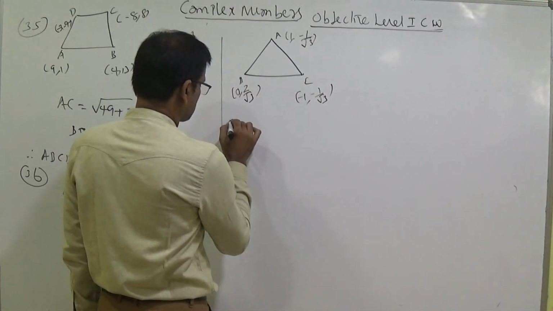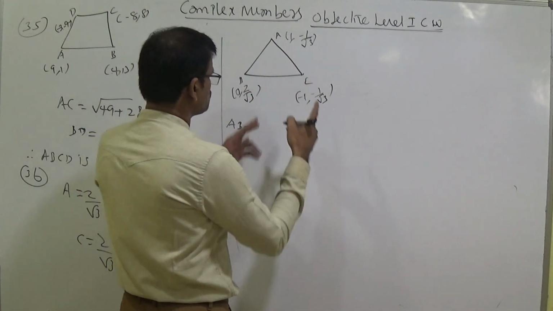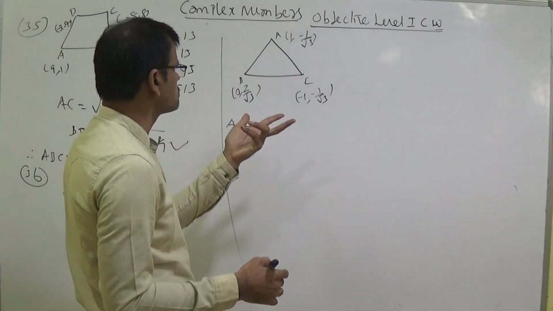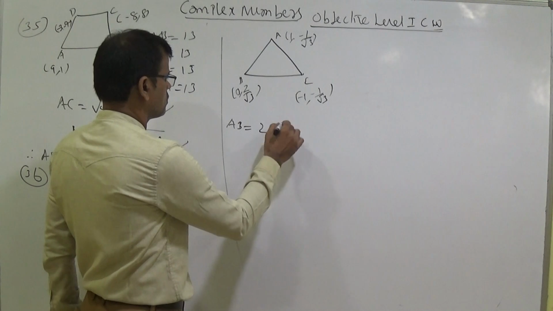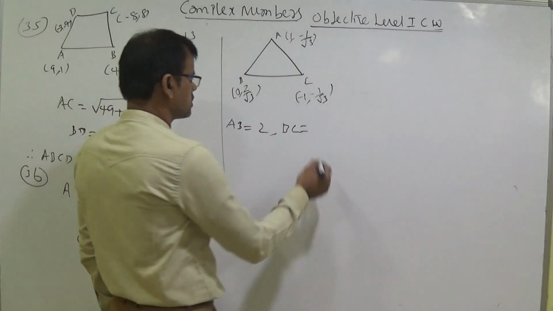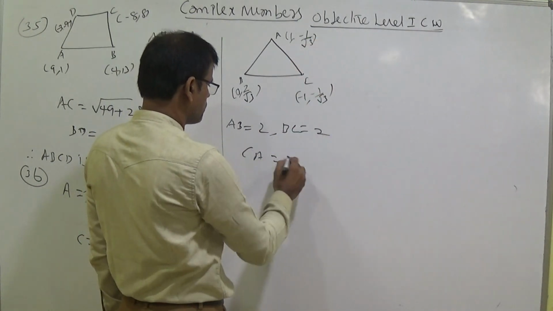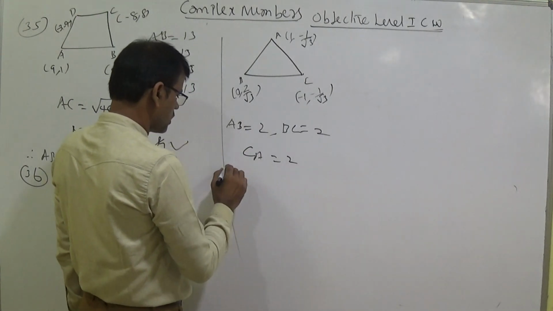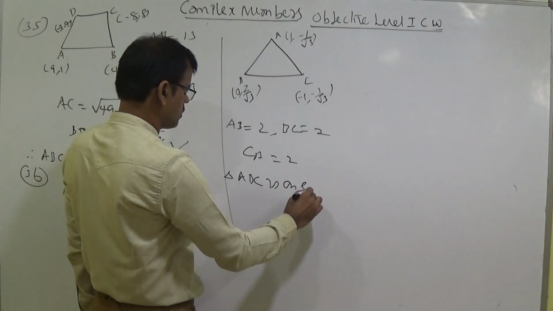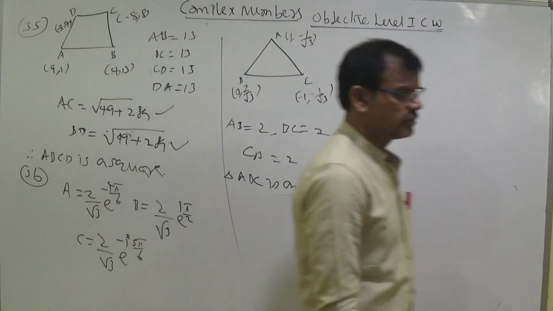Let us calculate the values AB, BC, CA. AB is equal to root of 1 plus 2 plus 1, 3 by root 3, which becomes root 3. Root 3 whole square is 3, 3 plus 1, it is 2. BC is equal to root of 1 plus 2 plus 1, 3 by root 3, of course it is also 2. Next CA: directly minus 1 by 3 minus 1 by 3 get cancelled, 2. So triangle ABC is an equilateral triangle.